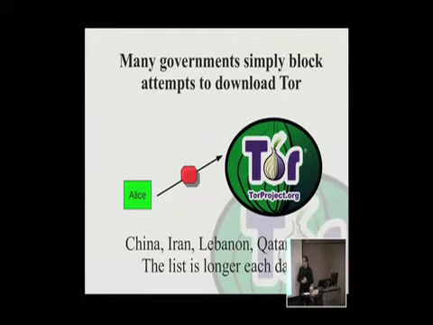And what that means is that if you want to get a copy of Tor, you now have a bootstrapping problem. So it's like, oh, you block our network sometimes, you block our website. That's really annoying. But the thing that's awesome is that most of the censors actually use Tor, which is kind of funny, or some of the censors actually use Tor. And so what they really do is they just get the low-hanging fruit to make it look like they've tried.